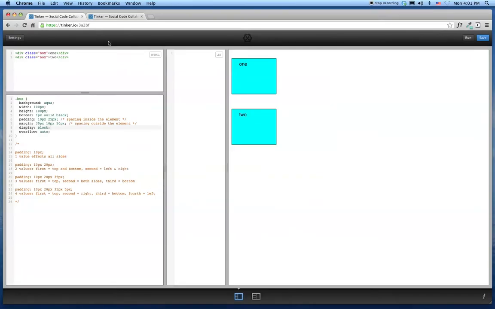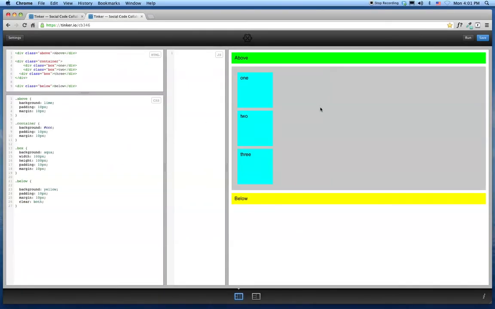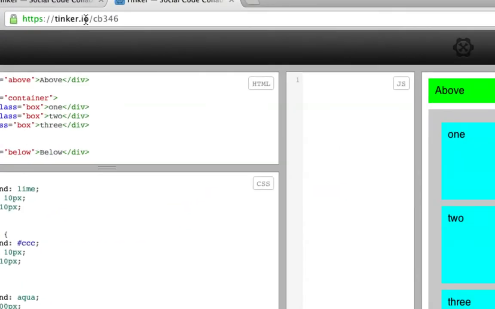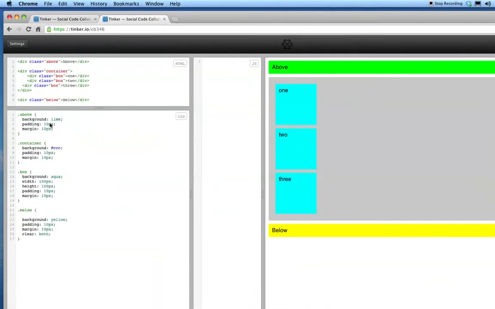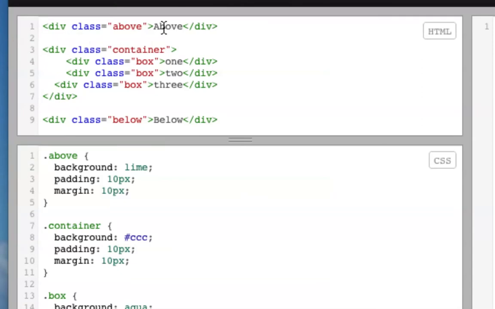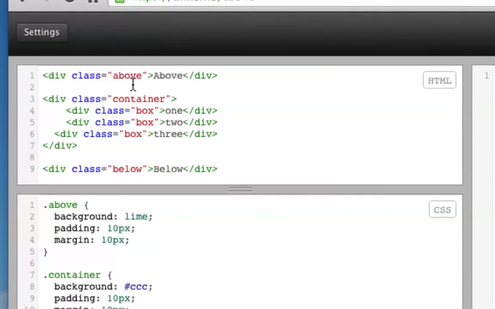It's one thing for me to talk about these things, but what if we have a real example here to look at? So let's go to tinker.io, and you can use this link CB346 to see the completed version of this example if you'd like to take a look at it later. You can see here I've just created some divs. These are just some boxes that we're going to use for our layout. And this first one just has the word above written in it, and I gave it a class of above. Again, I'm just giving these kind of generic class names. And we also have one at the bottom here with a class of below,